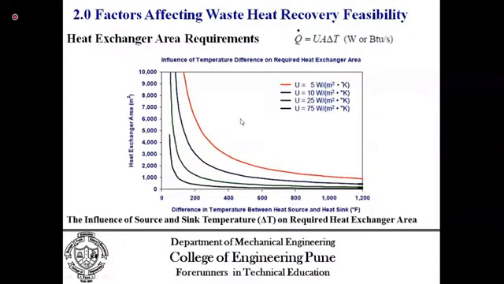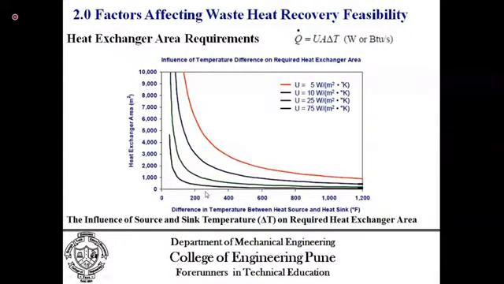So for a very high temperature difference, you will find that the surface area required for the heat exchange is very, very low. But for a lower delta T, the surface area required is higher. Of course, there has to be a good match between the delta T and the surface area. It is not always recommended to go for a higher delta T. It is not in our hand. This delta T is determined by the process. You cannot determine what the delta T will be in most of the cases. This delta T is determined by the process, and hence it will not change in most of the cases.